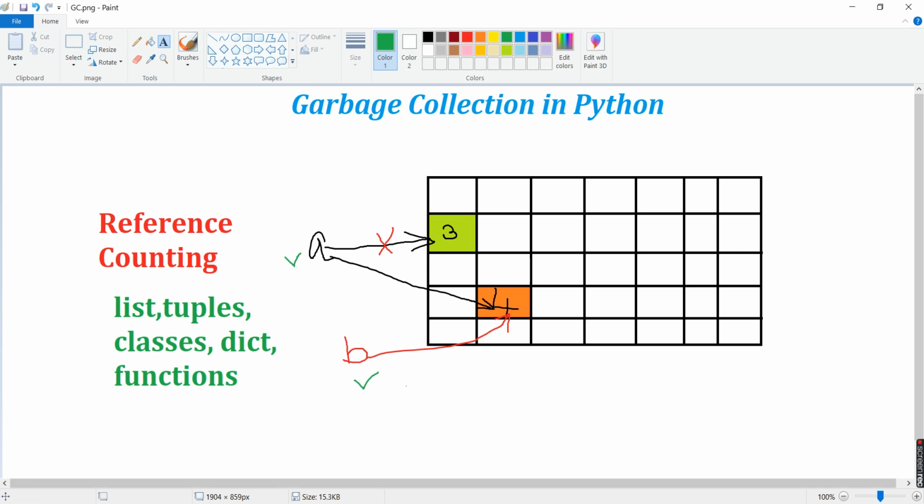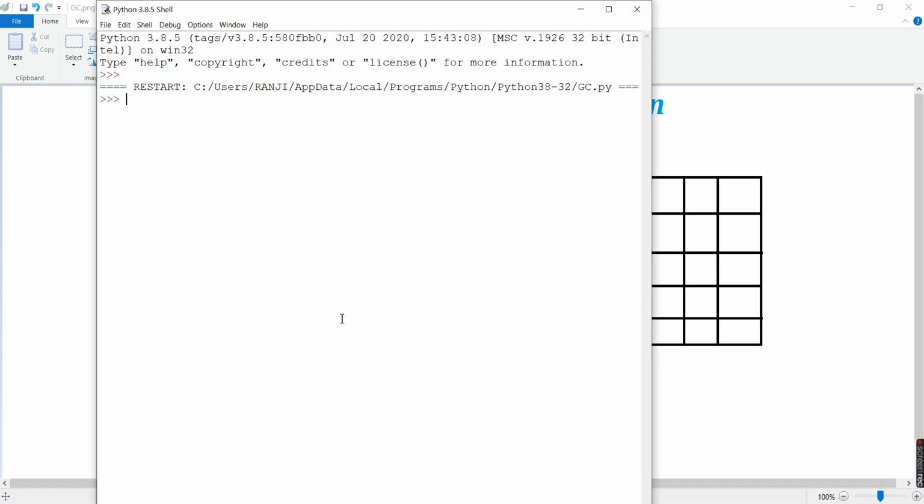It is very simple. Let's go to the Python shell, and I'll define a function, ref cycle, and inside this we'll create a list. That list is, say, L. This is basically list creation, which we have seen.